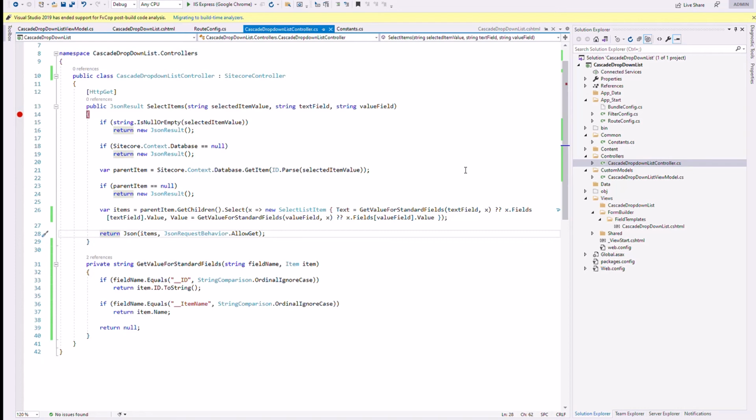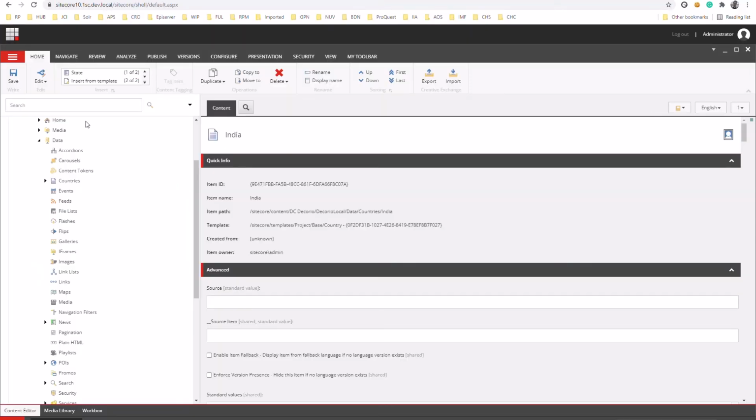Now I will show you in Sitecore what content item I have created to make a parent-child relationship of country and states, how the control works, how we can add the controls, and how it looks from the front end page. So this is the data that we'll use to bind that control, from the Sitecore side. I have created a country folder, and under it we have multiple countries, and each country contains its particular states. Brazil contains 2 items, India contains 3 items, and United States contains 1 item. So this is the data that we'll use to bind this control.